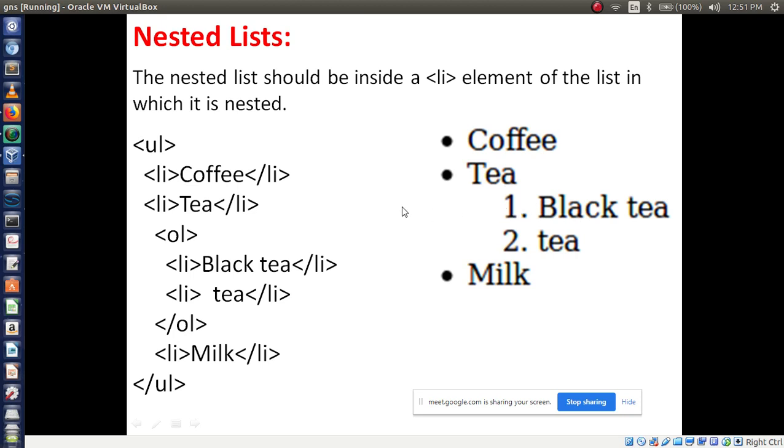For that purpose, without closing the ul tag, I directly start writing the ol tag. Ol, then list item black tea, then list item green tea, then close the ol tag. After closing the ol tag, one more element I am going to display bullet wise. So list item milk, then close the li, then close the ul tag. This is the meaning. Understood this, or shall I explain once again?